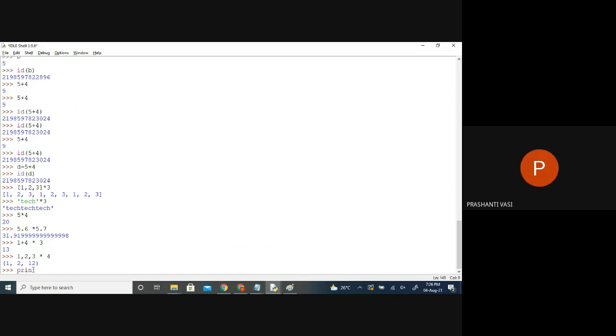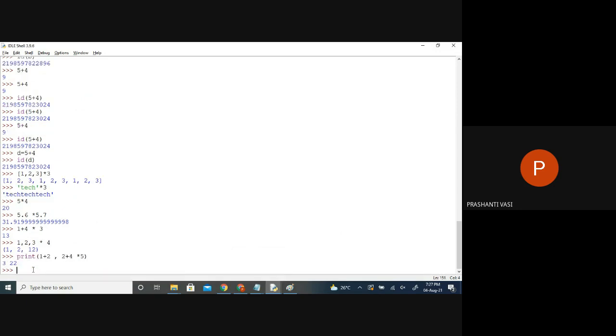That means if I say print 1, 1 plus 2, comma 2 plus 3 or 2 plus 4, and then I say something like this, does it do that many times? Will it say multiple times of these two formulae? No, ma'am, it will just print this. Inside print, when I'm passing multiple values, it's not a tuple. It is just a print statement, no? Print this value, after that put comma, this value multiplied with this. So that means it's an expression. Multiply and add 2 to it. We get 22. So it is printing the information like that, as it is.